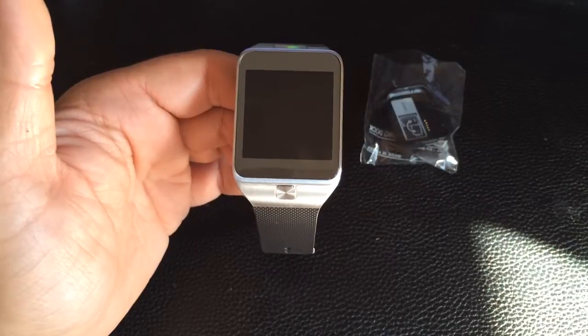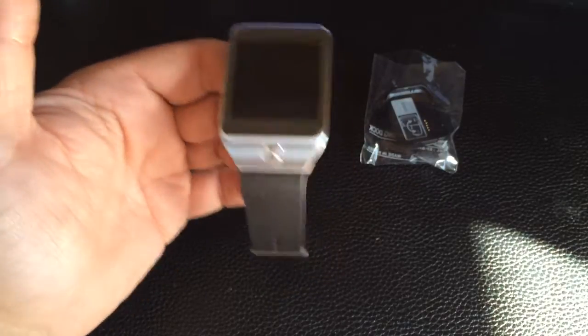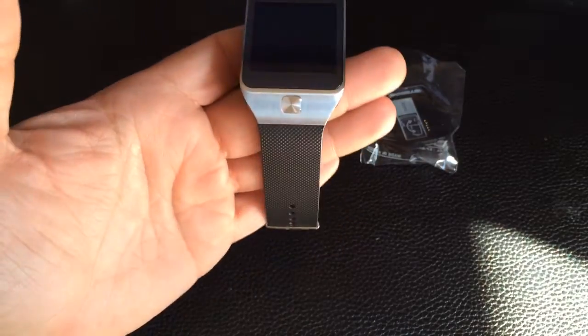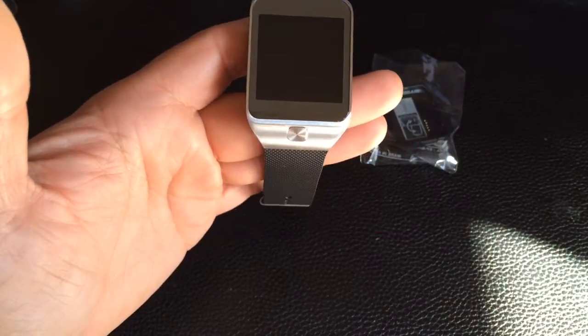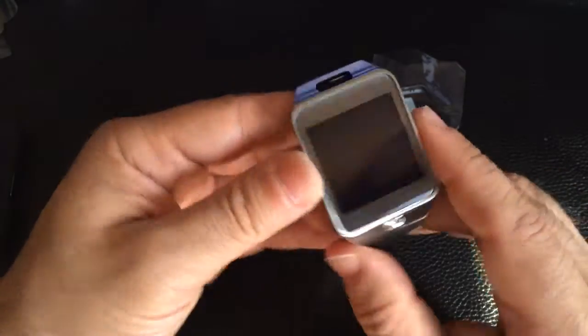So that's pretty neat, and it supports the standard formats you would have, like MP3, MP4, and AAC. It also has an accelerometer and a gyroscope, so it does keep track of your steps and your activity. So let's go ahead and start up the actual